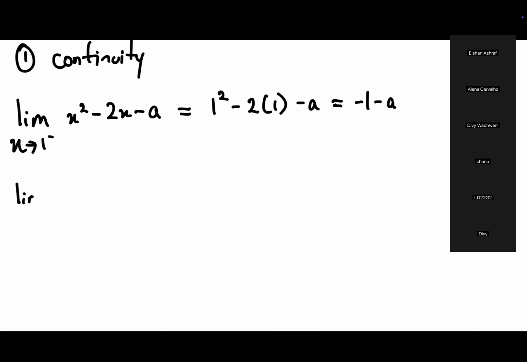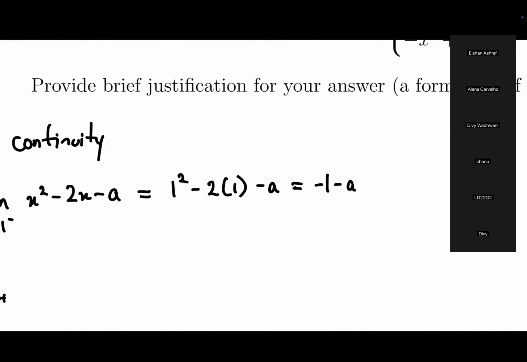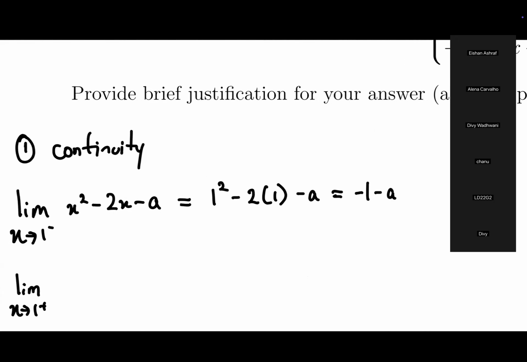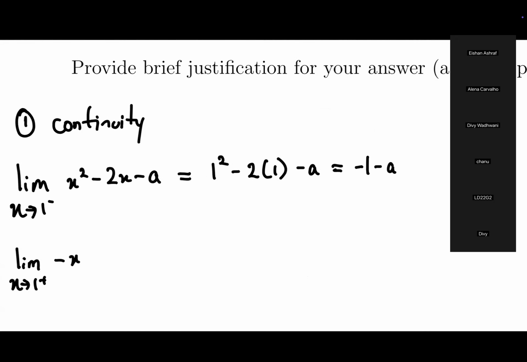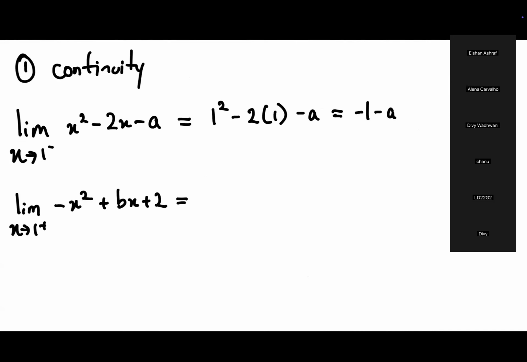Doing the same thing with the right side, at 1 plus the function is negative x squared plus bx plus 2. Applying direct substitution, we get negative 1 squared plus b times 1 plus 2, which gives us the value of